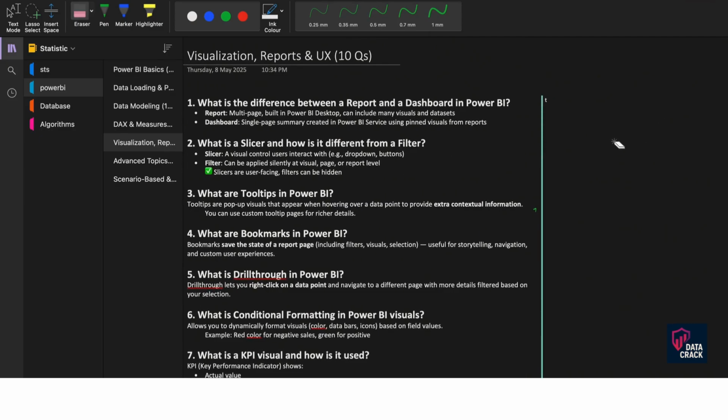A slicer is a visual filtering tool, a filter control such as drop downs or buttons